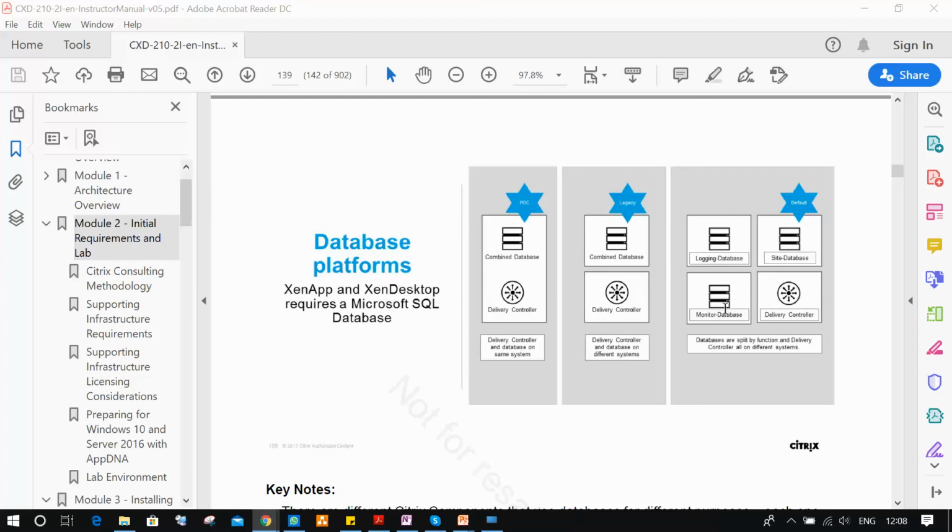Mostly all the databases will be on the same server and connected to the delivery controller. We are following this method now. Most people manage it this way in real-time environments. We have a separate SQL server, and on that SQL server we will configure the three databases and the XenDesktop site.